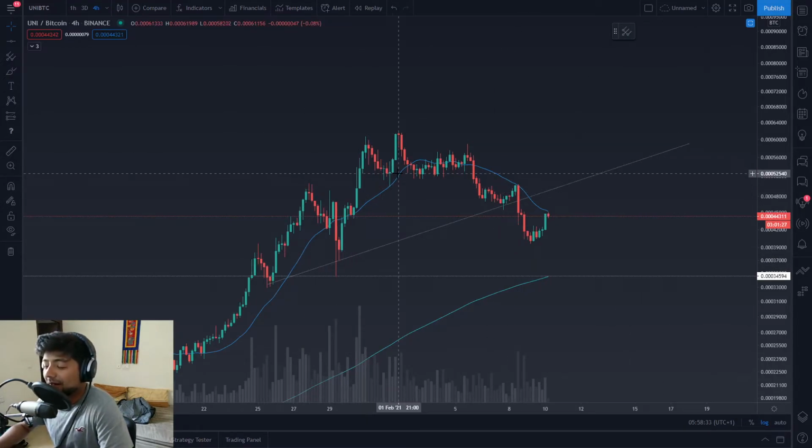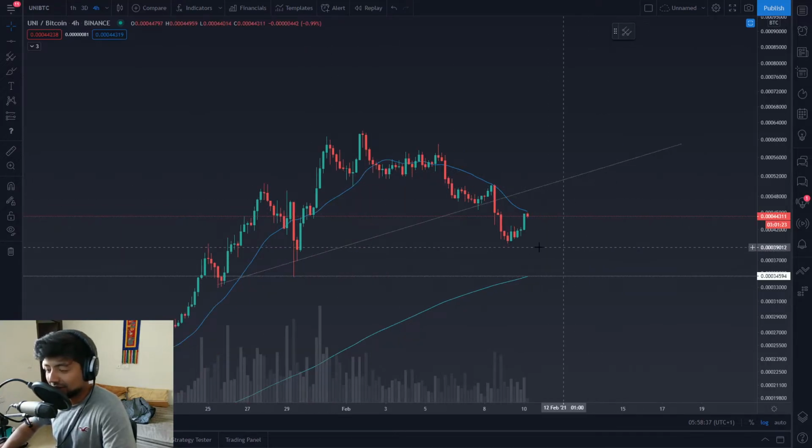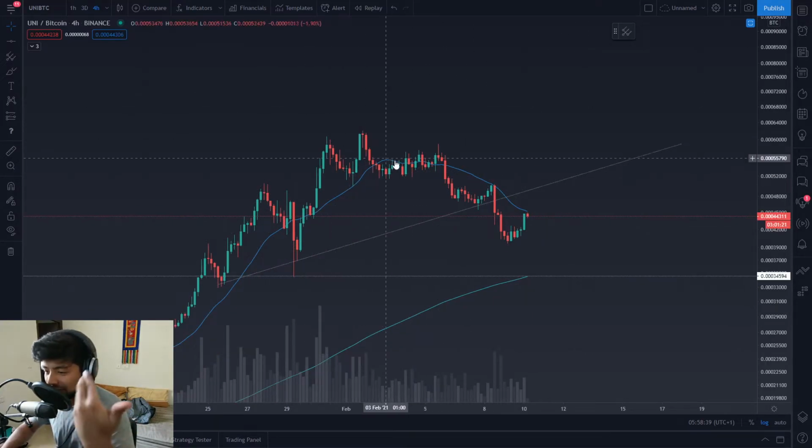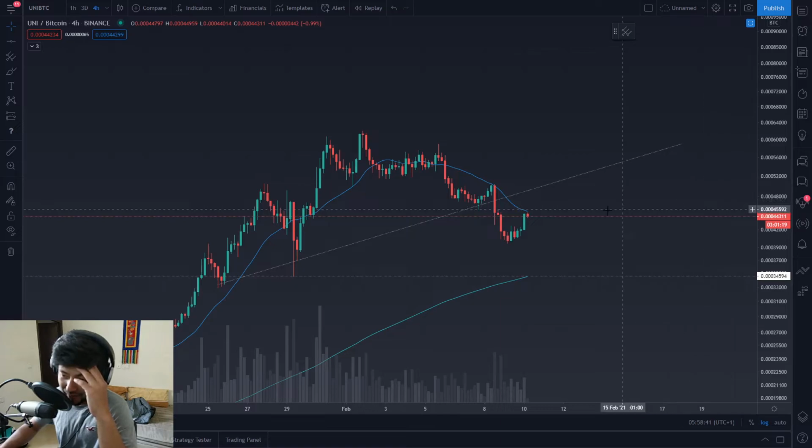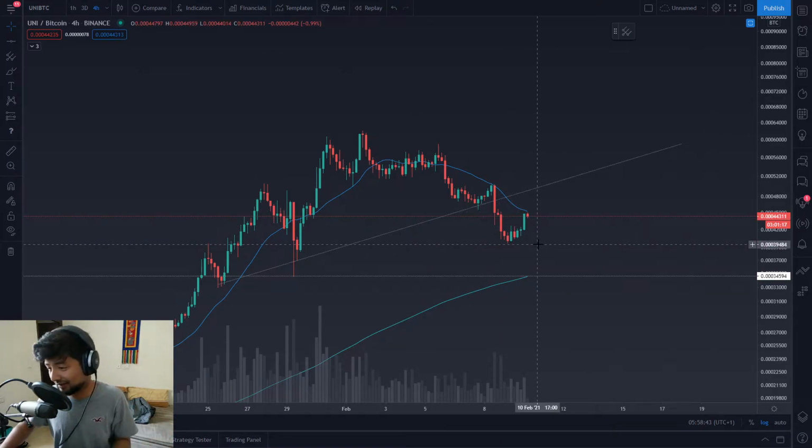Well, if a market is like this, you would want to stay away from leverage. That's why I keep on telling you guys to stay away from leverage. Just flip the spot areas, and spot flipping is good enough, man. Do you think you're going to be making millions out of trading Uniswap with $100? No, you're not. It's not going to happen like that.